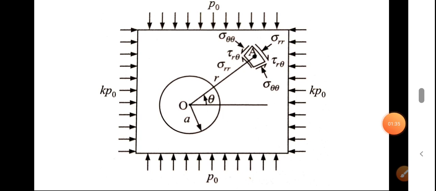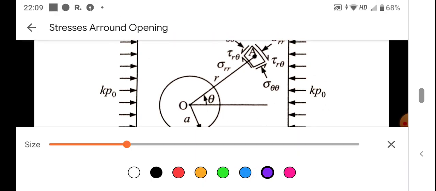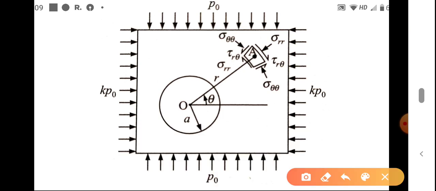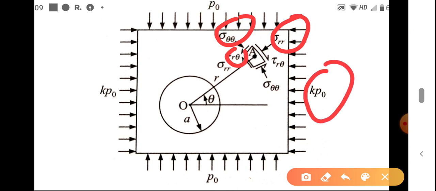The same thing is also explained in this diagram that you can find on the same page of our textbook, where those three equations are mentioned. This sigma rr is your radial stress, this is your tangential stress, and this is your shear. And as you can see, this term k is basically your ratio between vertical and horizontal stresses.